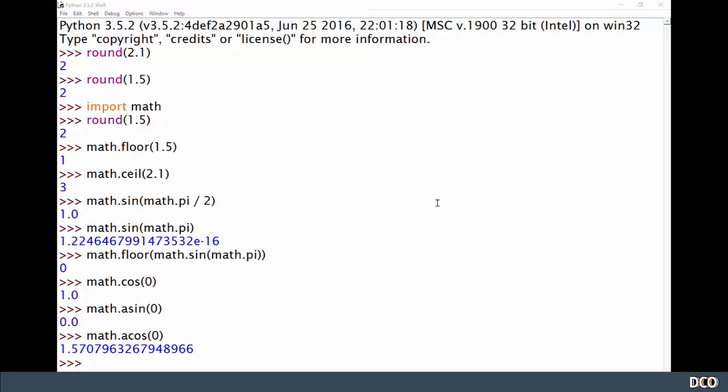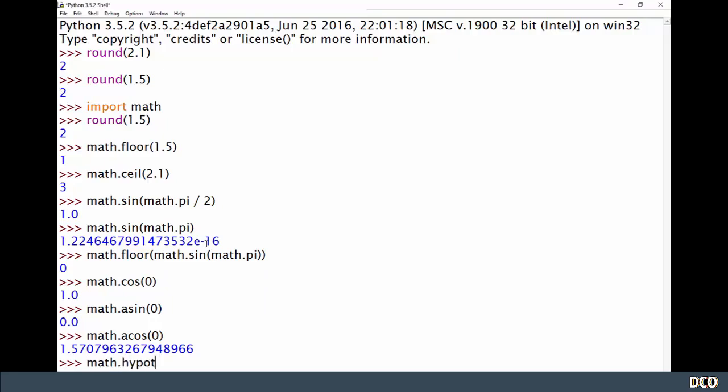We can also use the math library to find the hypotenuse of a right-angled triangle using the Pythagorean theorem. Now, as we know, for a right-angled triangle where A and B are the small sides and C is the hypotenuse, the long side, you can use the square root of A squared plus B squared. For a triangle with short sides of lengths 3 and 4, the hypotenuse is 5. So we can check this by doing